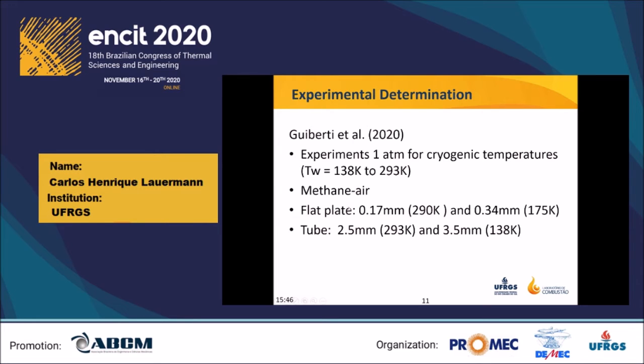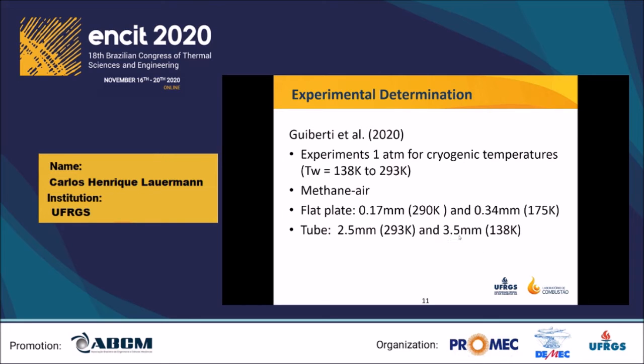The quench distance for the ambient temperature was 0.17 millimeters, while for a cryogenic temperature the quenching distance got higher, 0.34 millimeters. And for the tube cases, for the ambient temperature it was 2.5 millimeters, while for a cryogenic